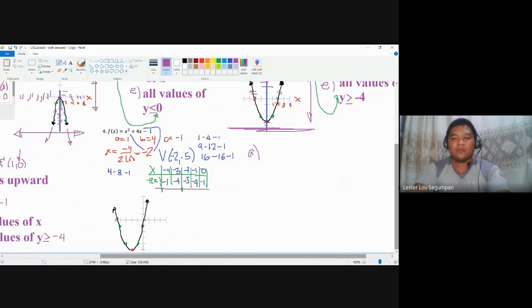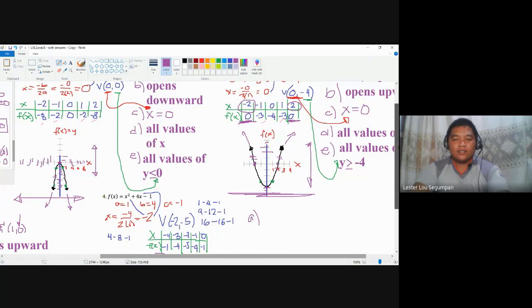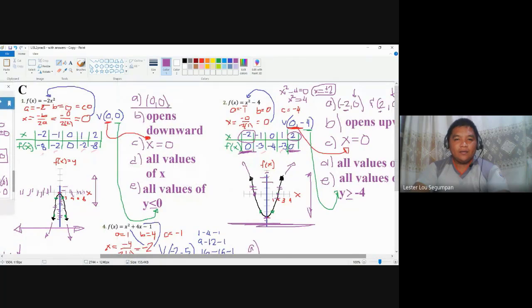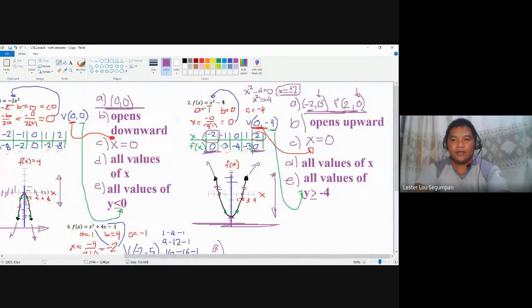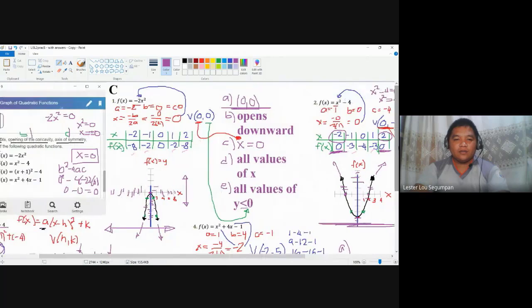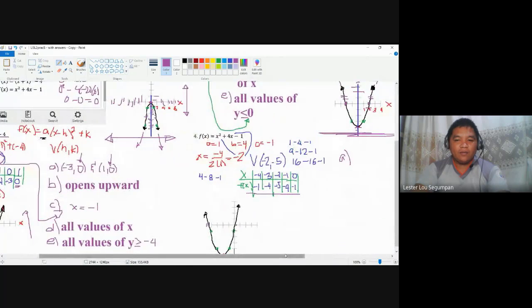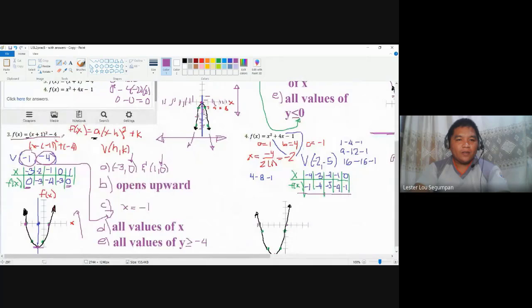We simply look at the concept that the intercepts carry the roots of the quadratic equation. Here it's negative 3 and negative 1. Of course, if you're going to solve for the roots of this in number 3, I'm returning to number 3 for a while, that's (x + 1)² - 4 = 0.